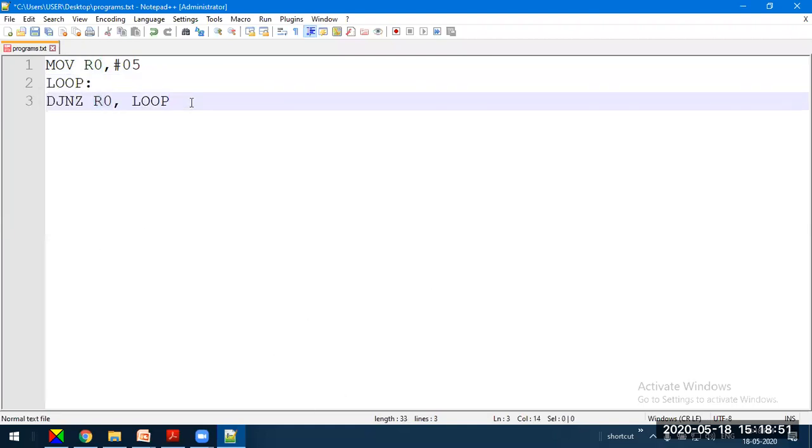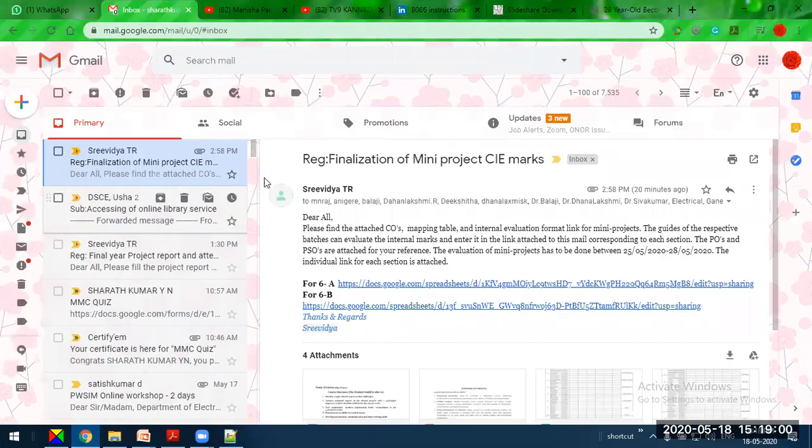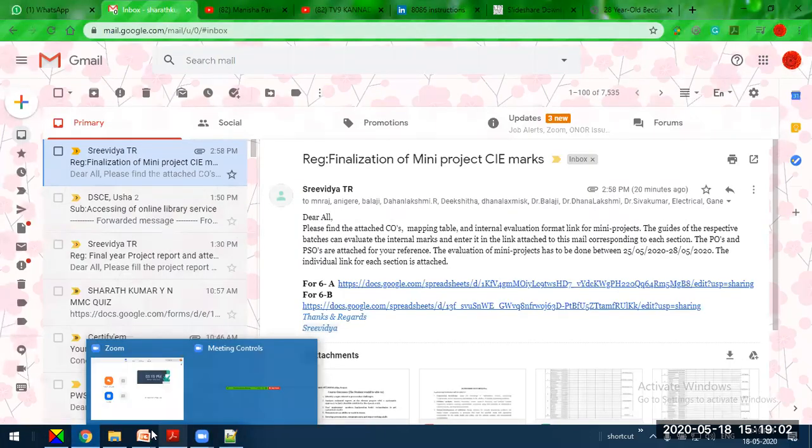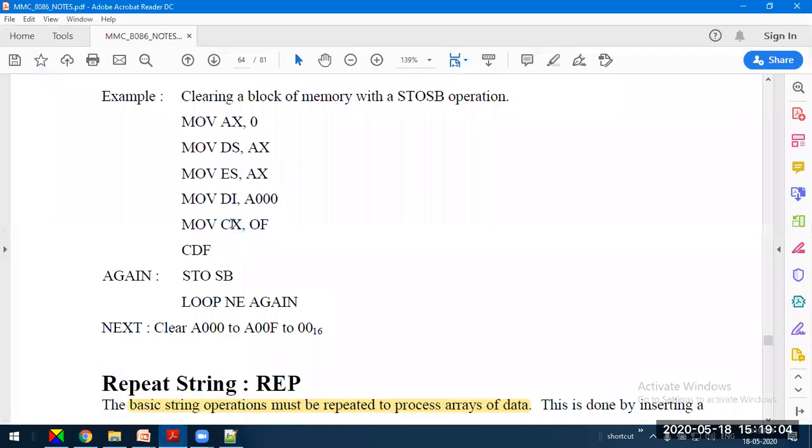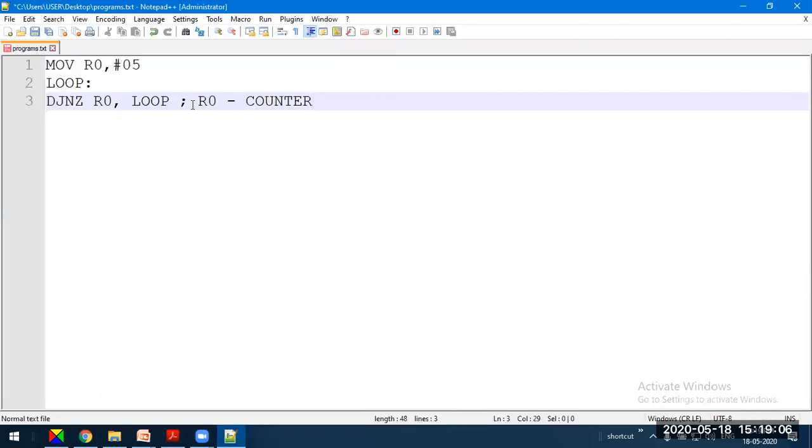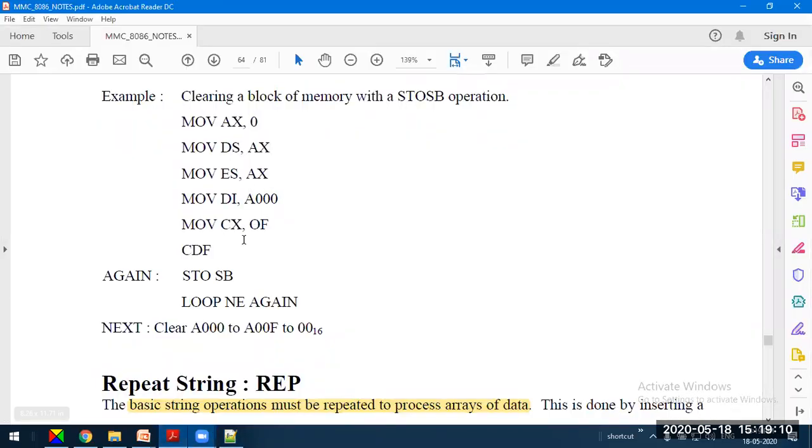R0 acts as a counter. Similarly, the 8086 provides a standard counter register called the CX register. Instead of using a random register, just like in 8051, 8086 provides a register called CX for counting operations. So how many times do we have to count? 15 times.